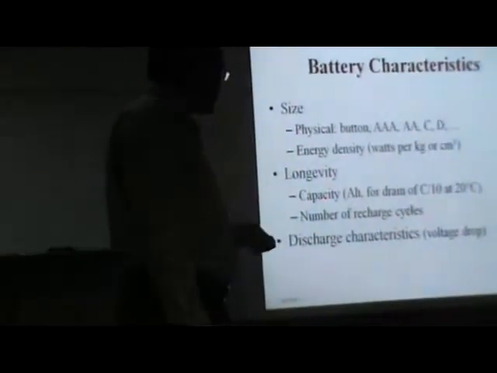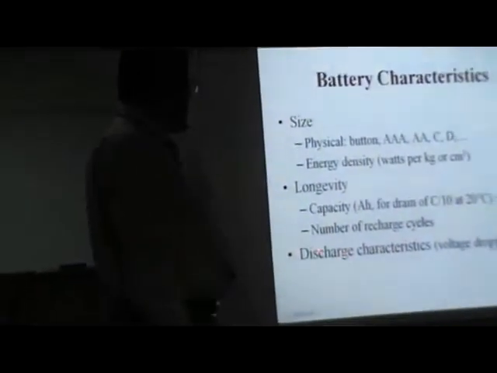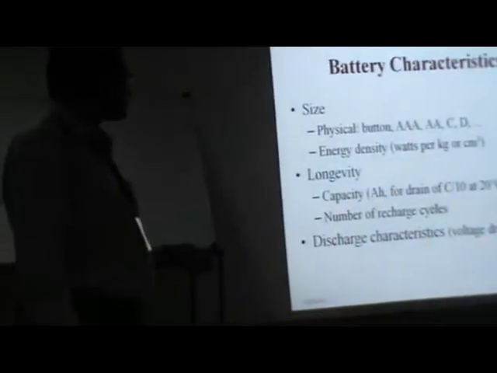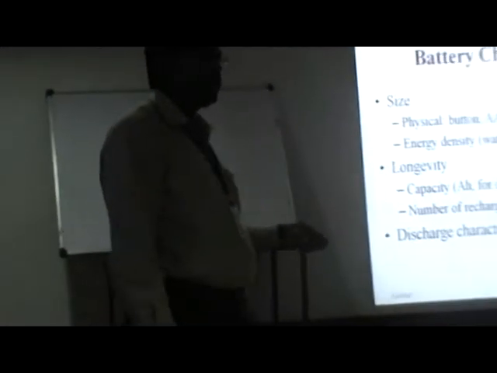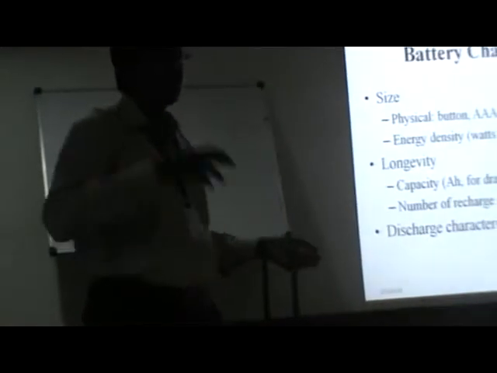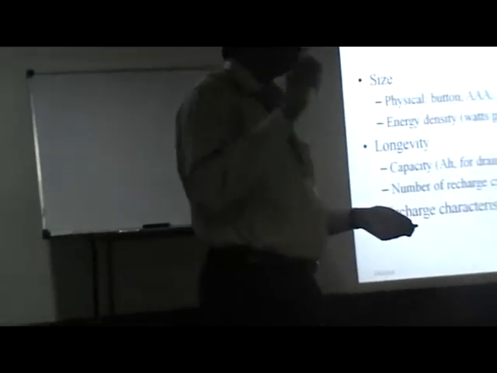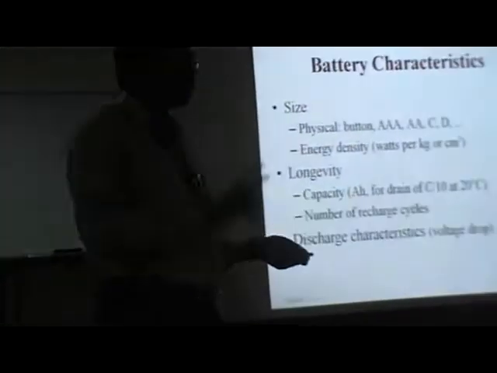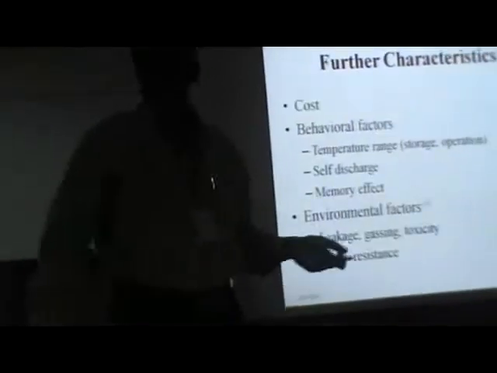Then, however, its cycle is presented in terms of charging as well as discharging. Next one is the discharge characteristics. It is a voltage drop. Suppose the voltage is only 12 volts, or 8 volts, or 10 volts. According to the voltage, how much load is connected. It is a 10 ampere hour. If you want to connect 10 amps, the battery supplies the energy for only 1 hour. This is the discharge characteristics in terms of voltage drop.